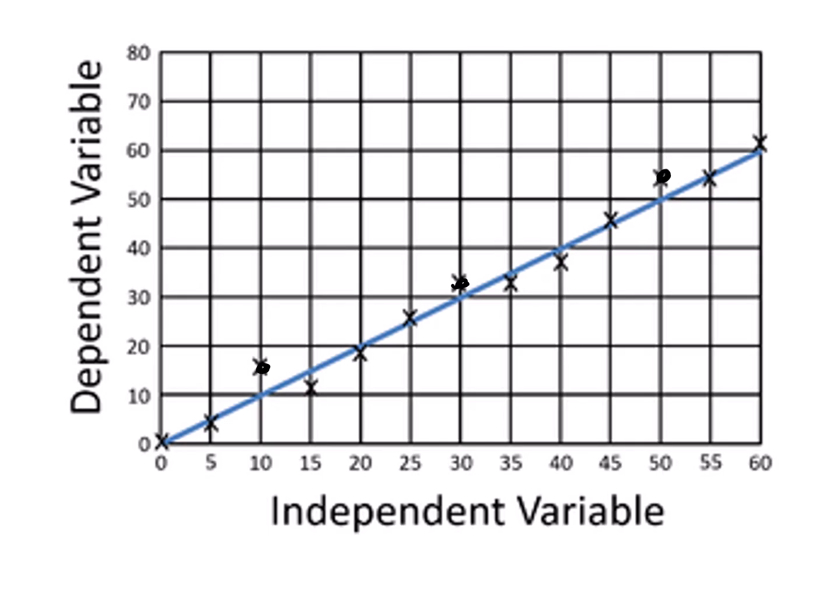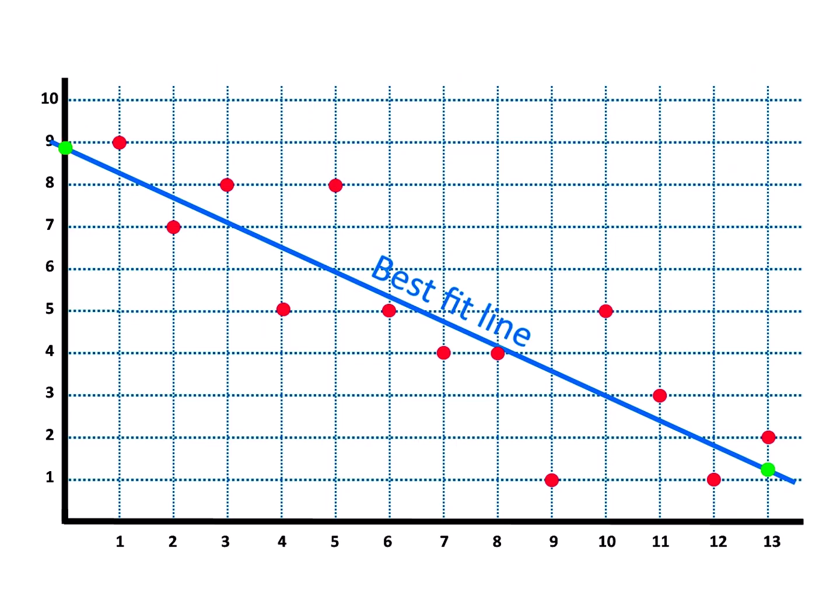So we say, take your ruler from the origin and go through the majority of the dots. Put it through the middle of the dots so that you're getting as many dots as you possibly can, and you're getting an idea of where it should actually be. Okay, this is another example, but now we're starting up here. So obviously our experiment started up at 9 and is going towards 0. And again, this is my line of best fit. It is showing the middle of where all of these dots are.